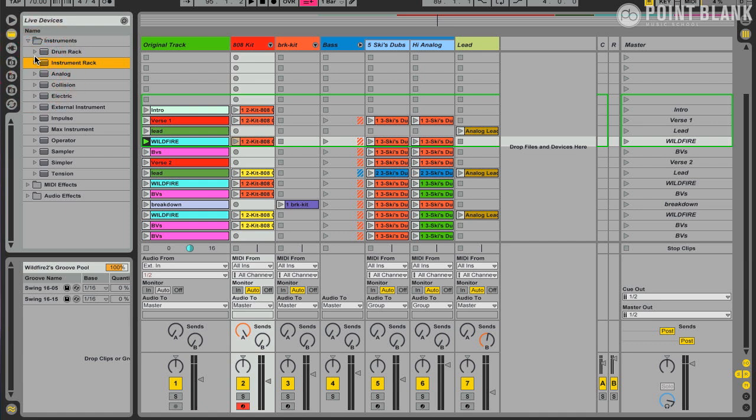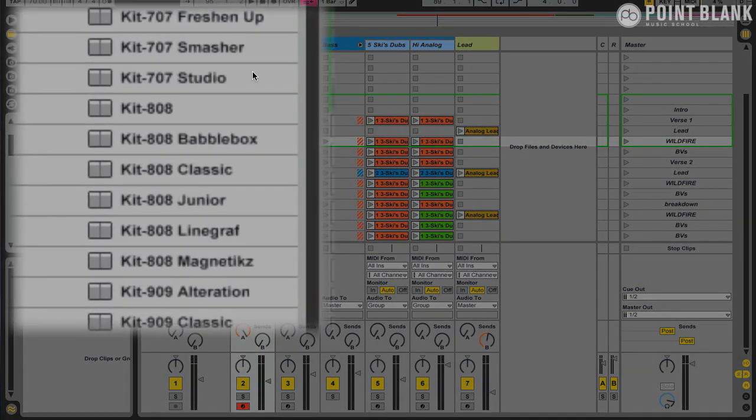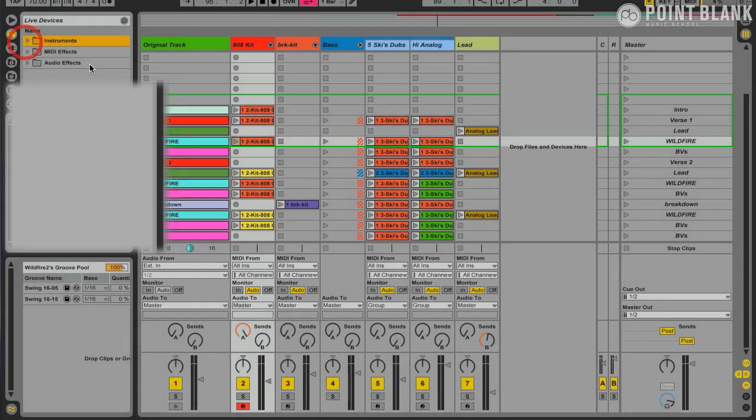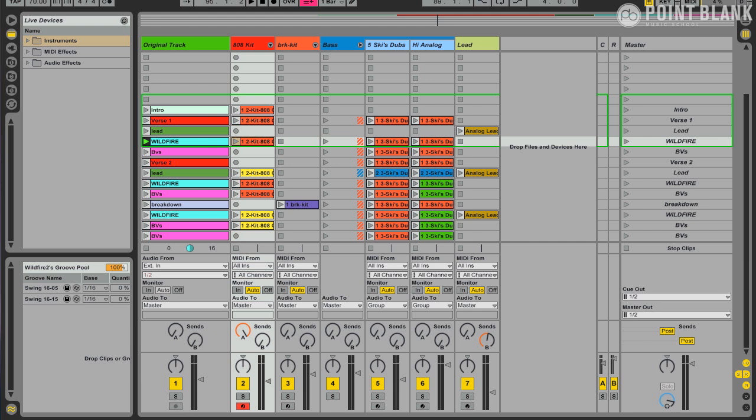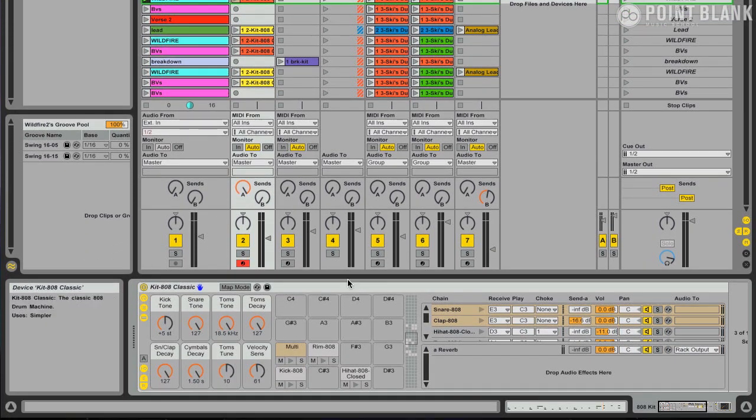Just bring up the drum rack here. And if you go into the kit section, we can see here 808 Classic. So I can just pretty much use that. And if we open that up now, what I've done is just taken the main elements, the kick drum, the